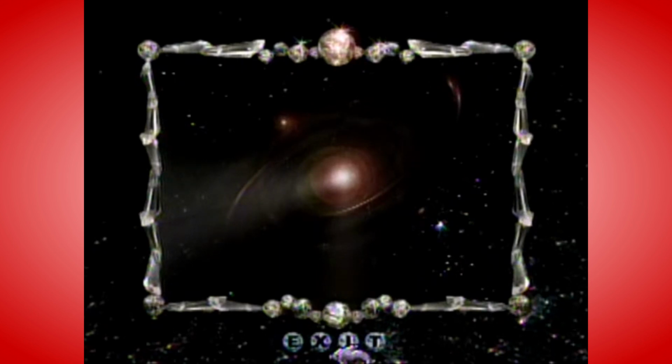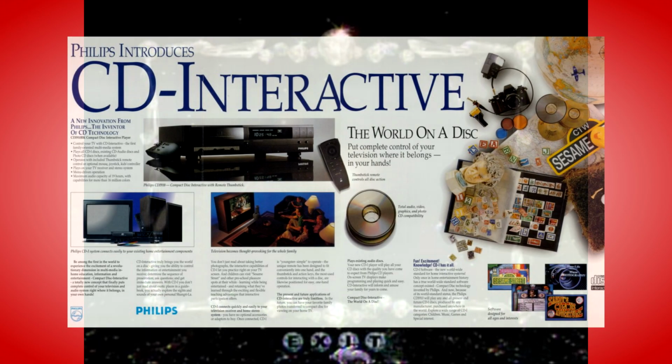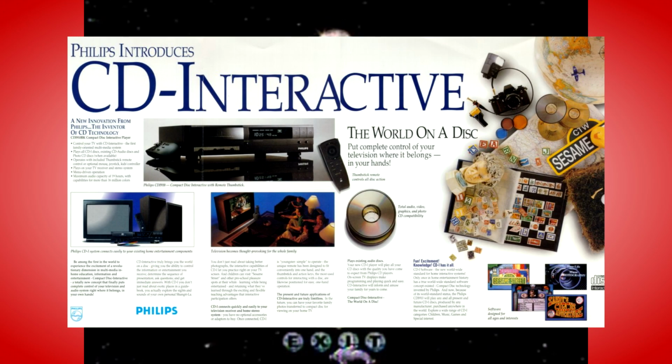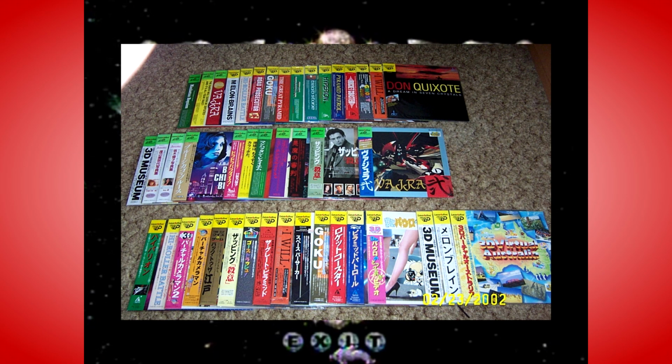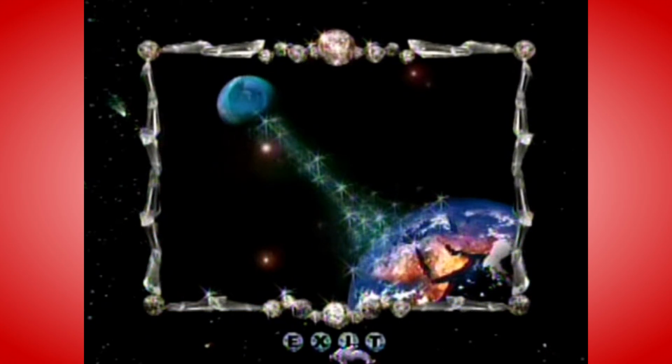Rather than the focus of these systems being games, they were designed with more educational software in mind, like travel guides, encyclopedias, films, video music albums, and learning aids. The LaserActive certainly wasn't alone in this regard, with much of its early software fitting into these categories, with games taking a back seat. The big problem with this was that by the time the LaserActive arrived on the market,